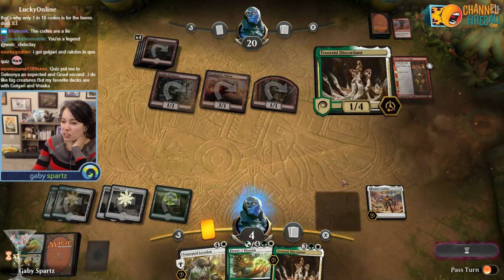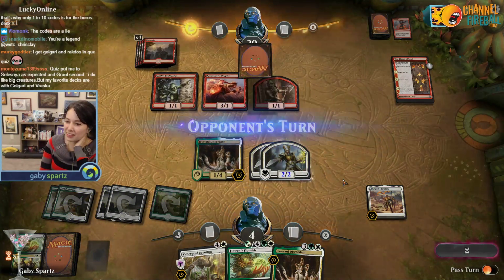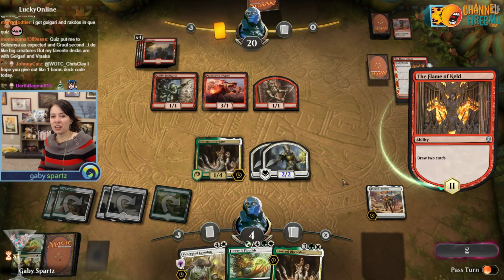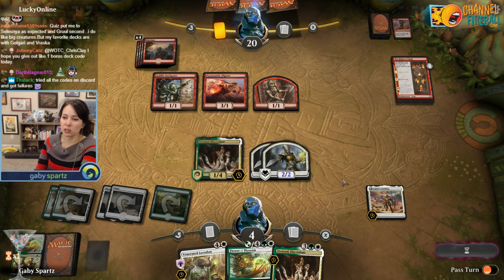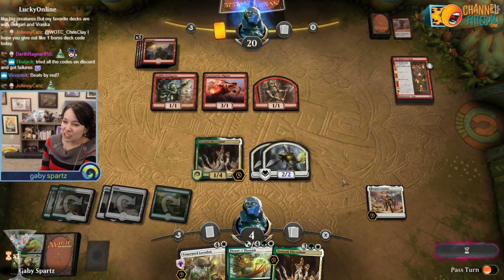You said quiz put you into Selesnya, you expected a Gruul second. I do like big creatures, but my favorite decks are Golgari and Vraska. Yeah, like I said, I think there's a lot of... Oh, man. God, the Flame of Kill is really good in that deck. Beats by red. You said you tried all the codes on...